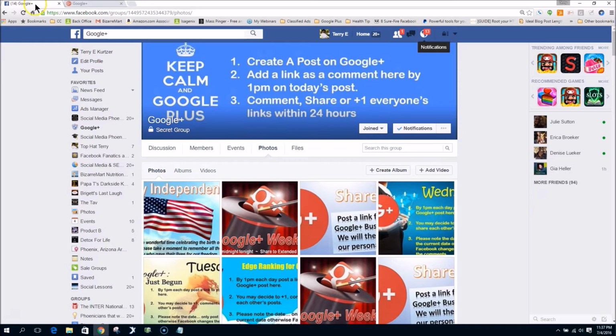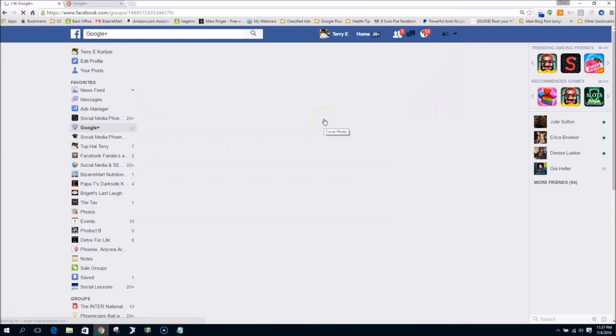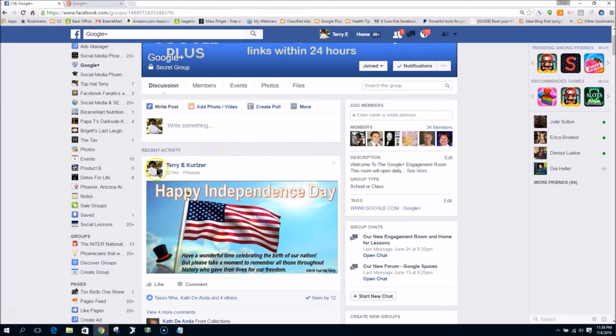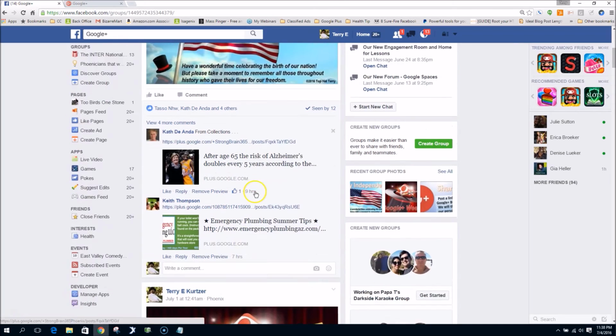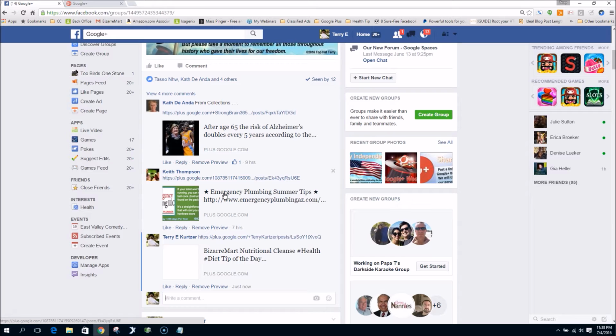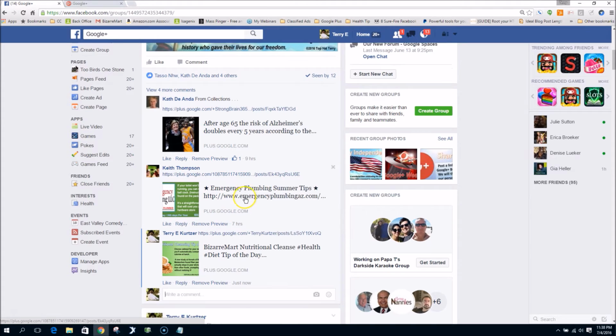Let's go to the land of Facebook, and here we are. Let me just refresh that. I was looking at some of those pictures there. And here we are. And then you always want to make sure, and this is from July 4th, that I'm on the right day of the page. And then I'm going to paste my link here, hit enter, and hopefully, with the internet gods, the little profile picture shows up. Do not worry if it doesn't show up. Sometimes links don't always show up.